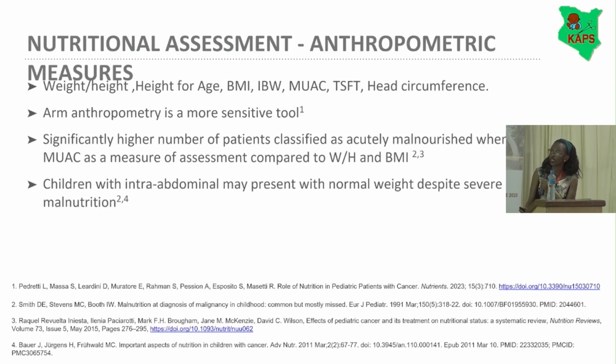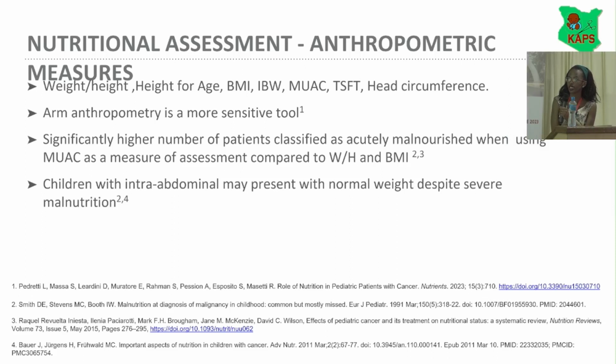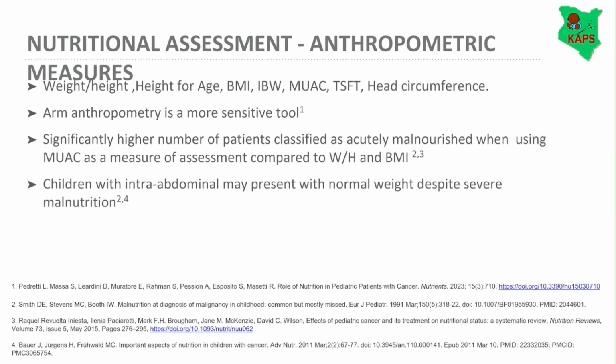So traditionally, the measures which we use to take anthropometric measurements are weight for height, height for age, both weight and height, BMI, the ideal body weight, and biceps skin fold thickness. Anthropometry has been shown to be a more sensitive tool for patients with abdominal masses because they tend to present with normal weight despite having severe malnutrition. Several studies have shown that significantly more patients will be classified as acutely malnourished when you use MUAC as a measure of assessment compared to weight for height or BMI, unlike the assessment that